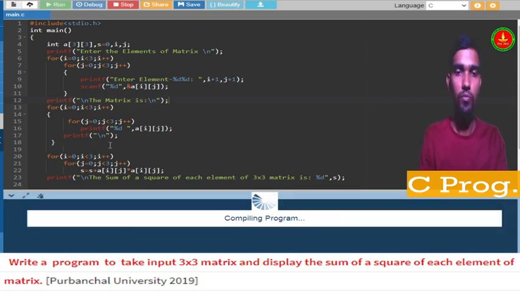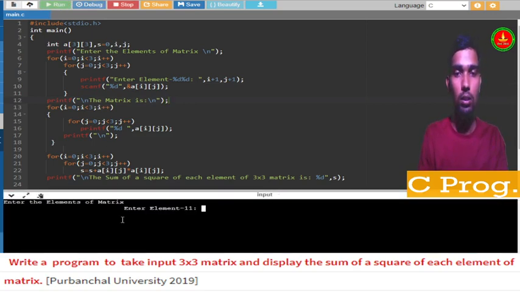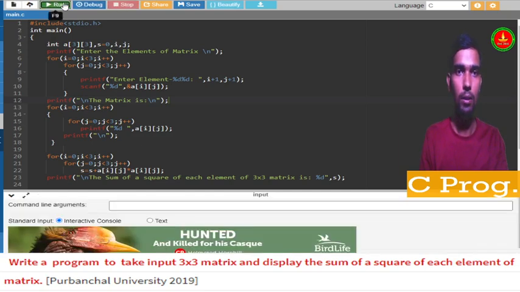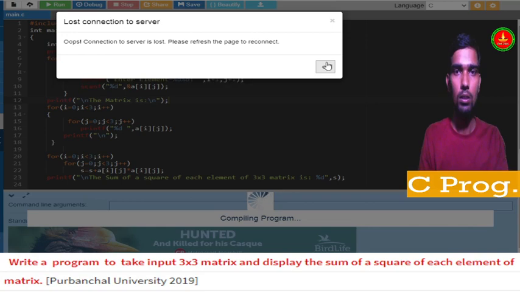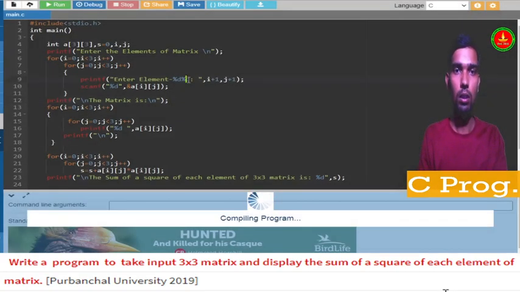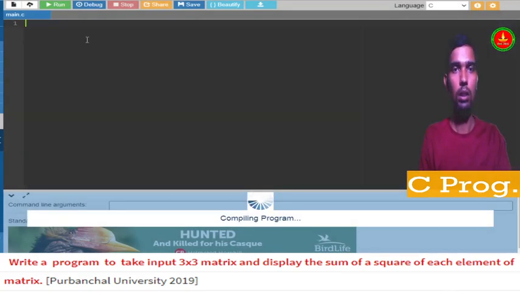Got it. So why is it giving this much space? I have to run again and see. Yeah, let me run it. Okay, there is a server issue. Let me cut it and reload this and do it.